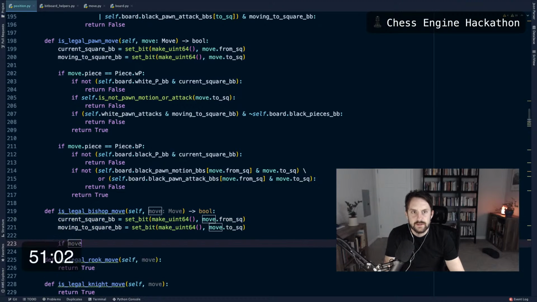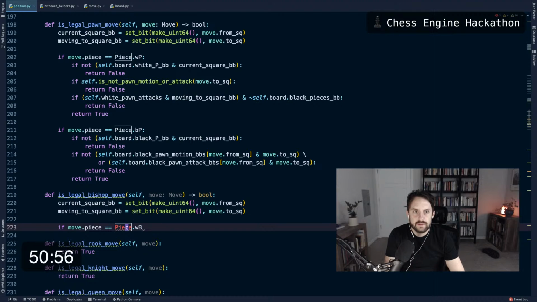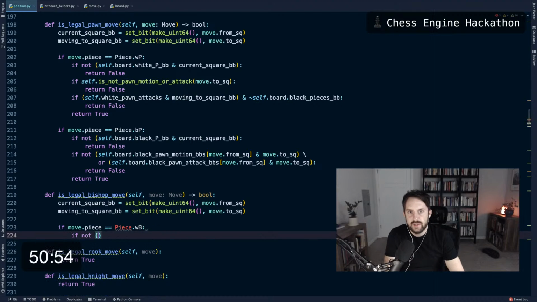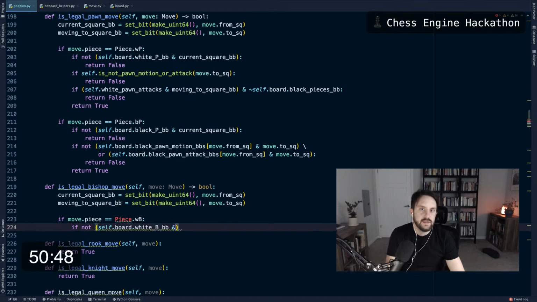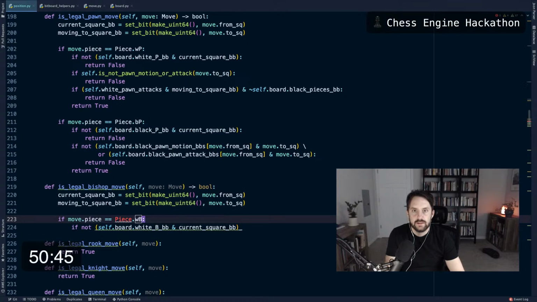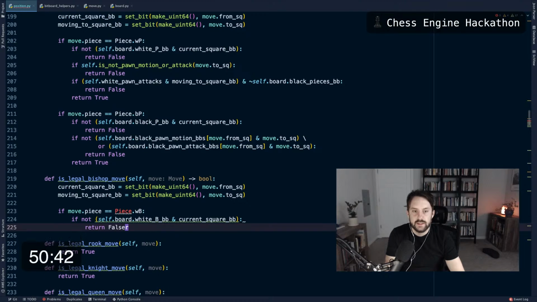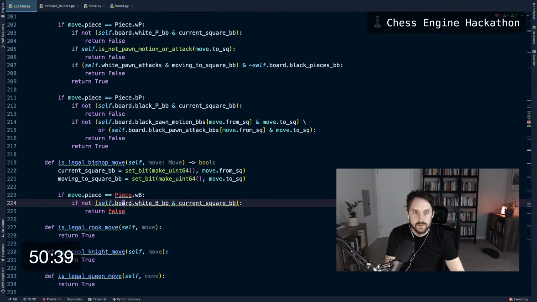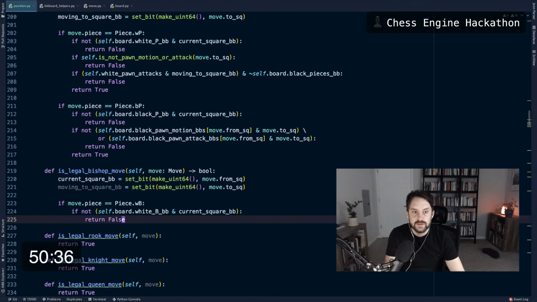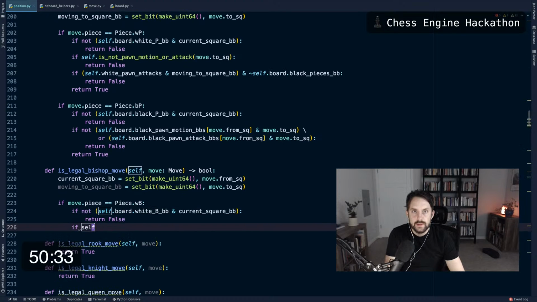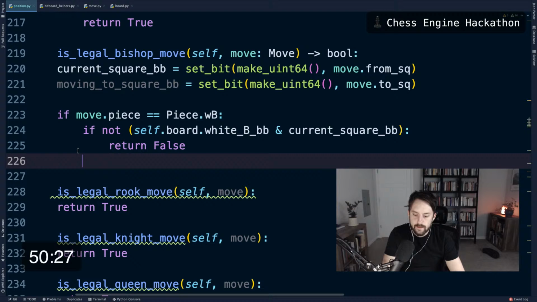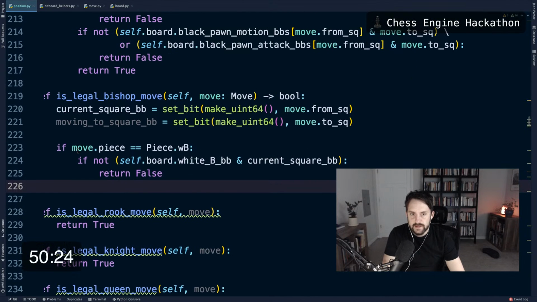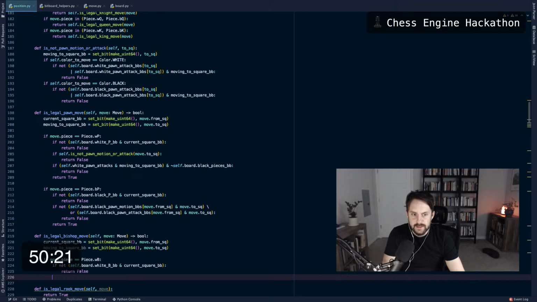If move.piece is Piece.WHITE_BISHOP, and if not self.board.white_bishop_bb and current_square_bb, return false. I should check explicitly this in the test as well, that we can't make an illegal move. I should say I just tested manually in Jupyter whether or not it was a legal move. Thanks, Sid Hunt. I will check that out. I promise. All right, so